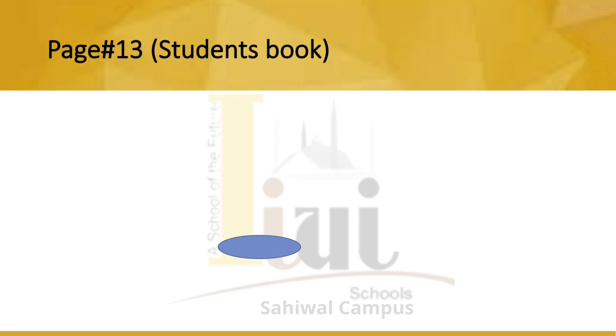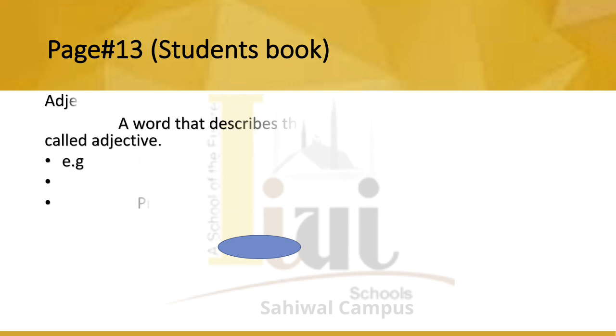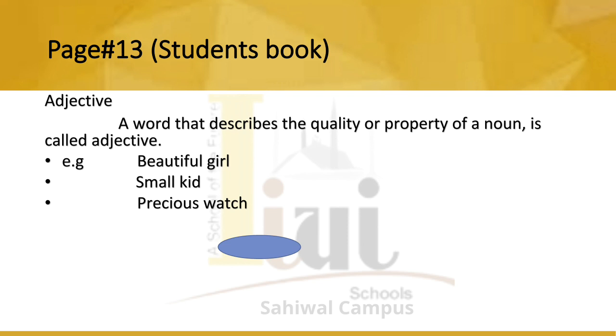Okay students, open page number 13 of your student's book. Here is question number 2, copy the sentence, circle the adjectives. So first we will know about adjectives, what are adjectives. Adjective, a word that describes the quality or the property of a noun is called an adjective. So the word that describes the property or the qualities of a noun for which this sentence is written,